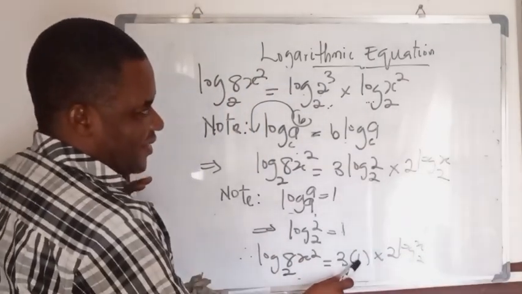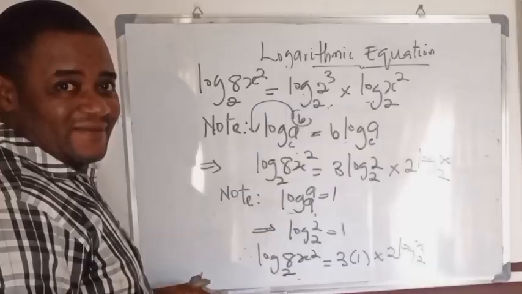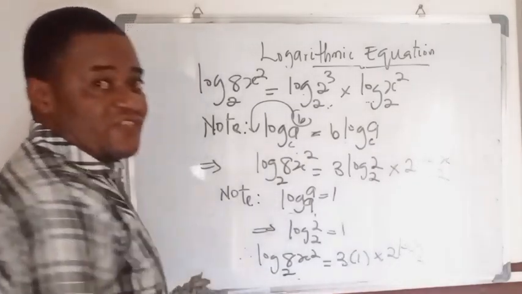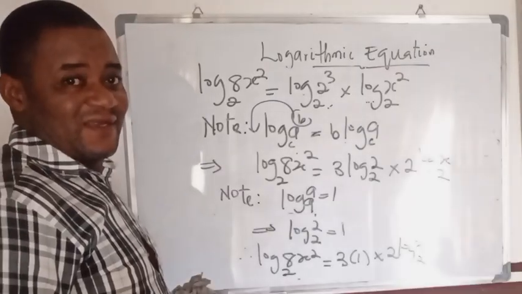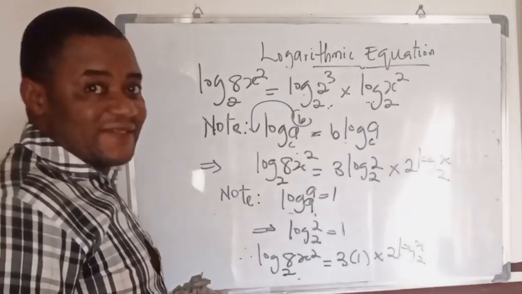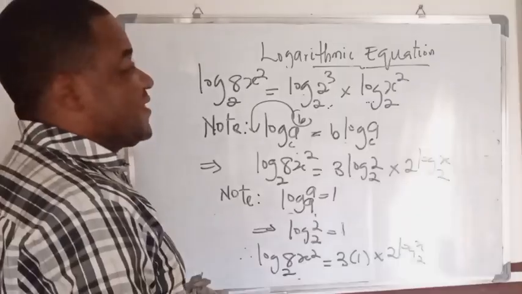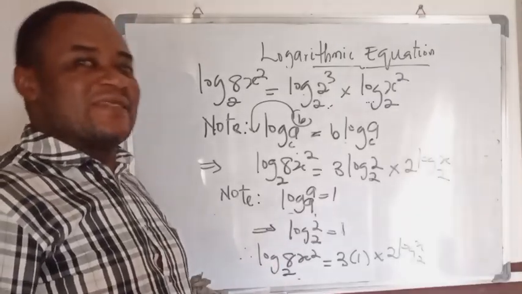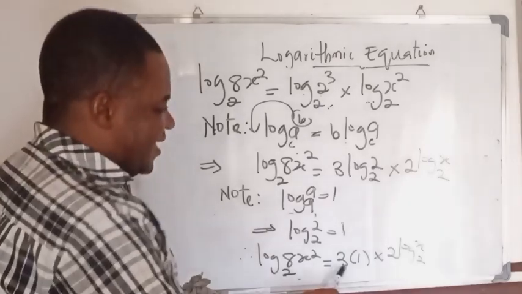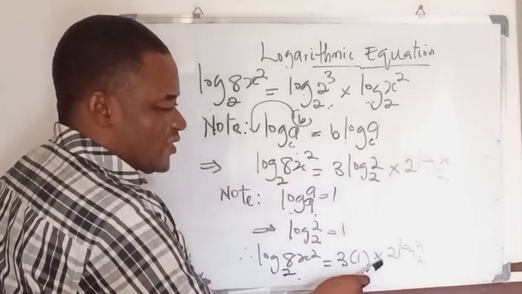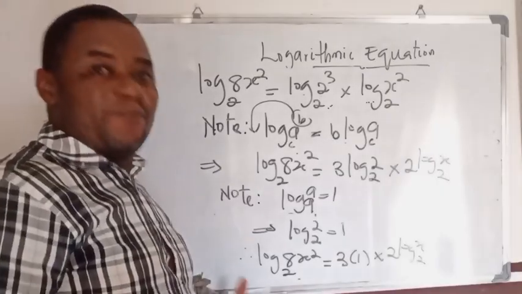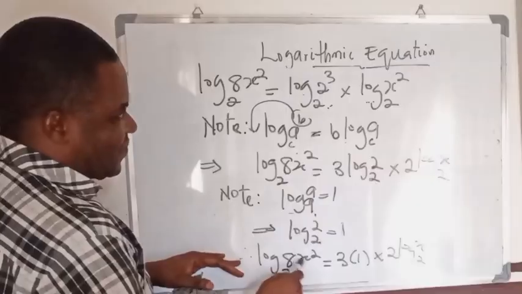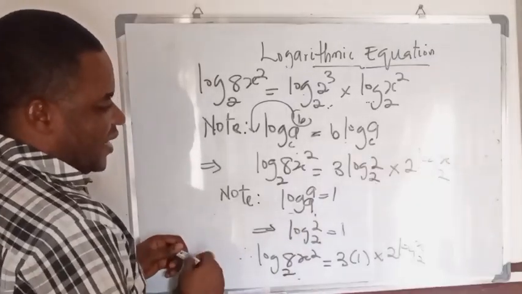If you multiply 3 by 1, it is 3. And remember that the multiplication sign implies a positive sign. A division sign implies a negative sign. The same way, if you use a negative sign in logarithm, it implies a division sign. If you use a positive sign, it implies a multiplication sign. So here at this answer, we have a multiplication sign, which implies what? A positive sign. So our overall answer to this particular question will now be,